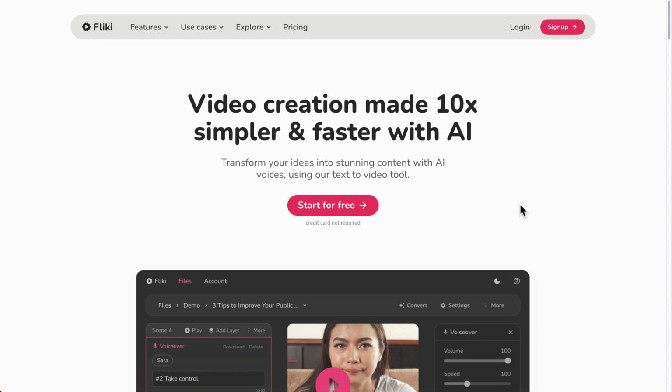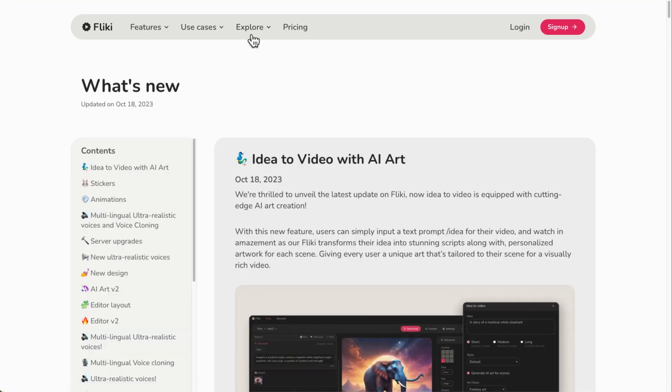We're going to take a look at the latest features from Fliki. I've done some videos in Fliki previously, and this one's pretty nice because they're now providing AI art into their workflow. The first thing they have now, so